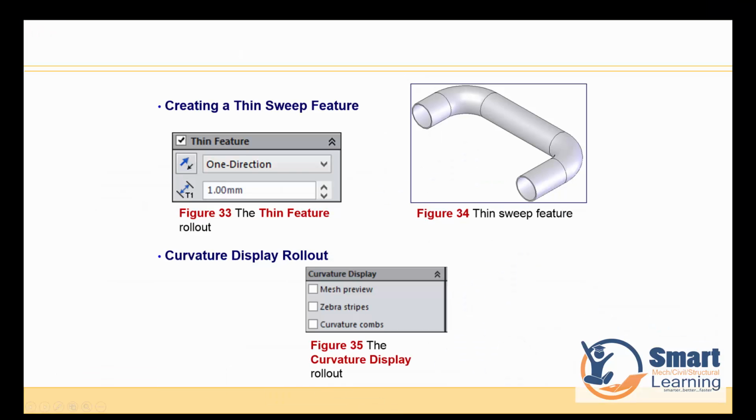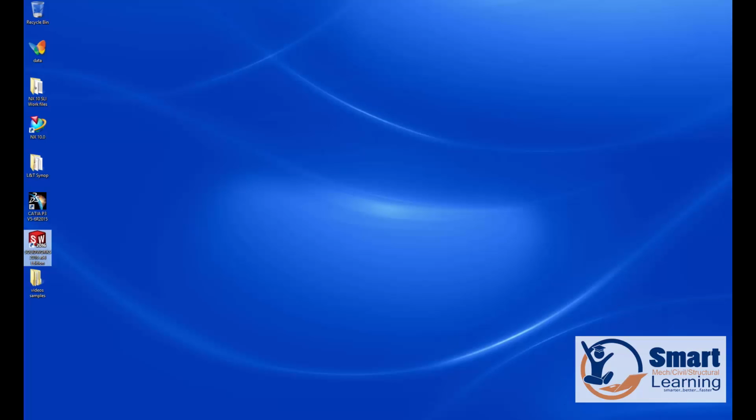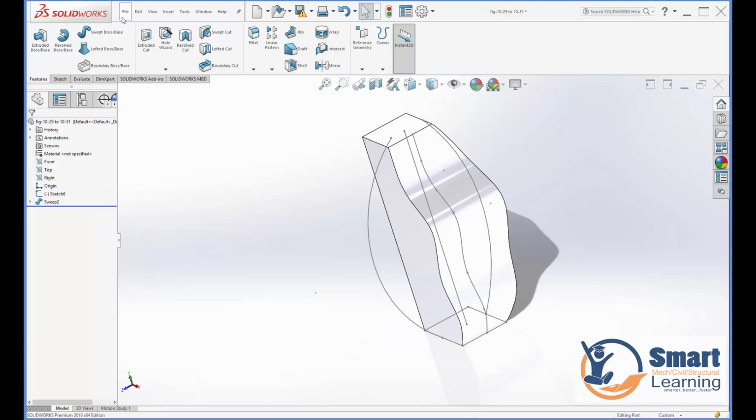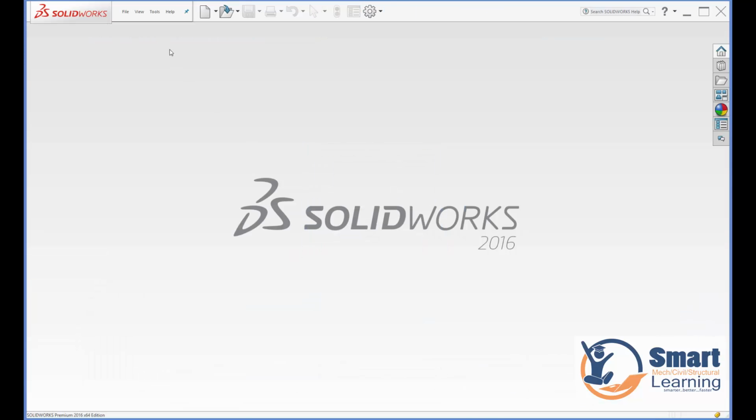Let us look at this particular operation where we'll be looking at the thin features, where you can have the thickness, and you can have your path, and you can have your cross section as well. And already I've shown you before this the mesh, the zebra strip, and the curvature, and you can also try that here. Let me just show you what I mean. Once you try this you can apply it to any of your cases where you find this handy. I'll just close this and I'll open our file,